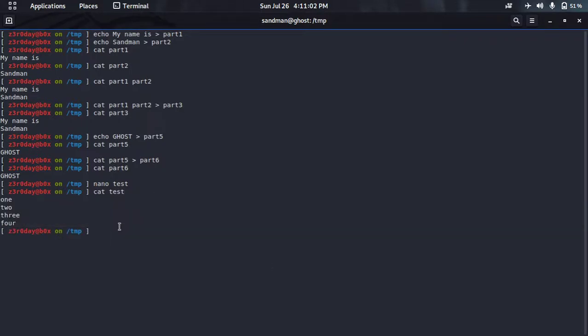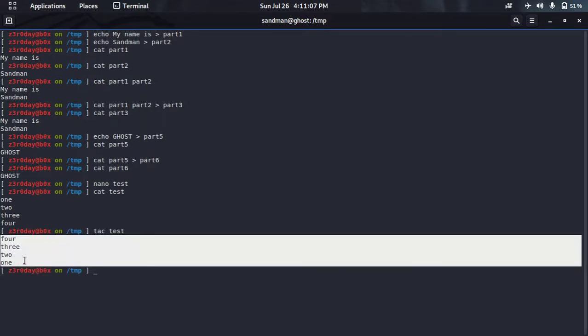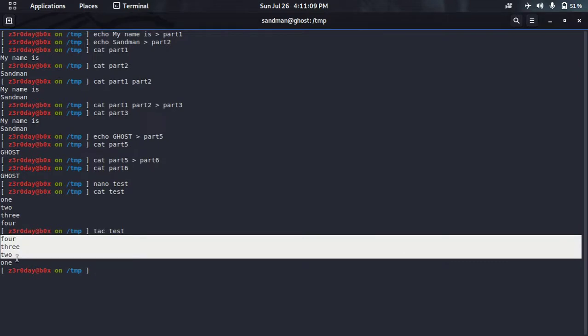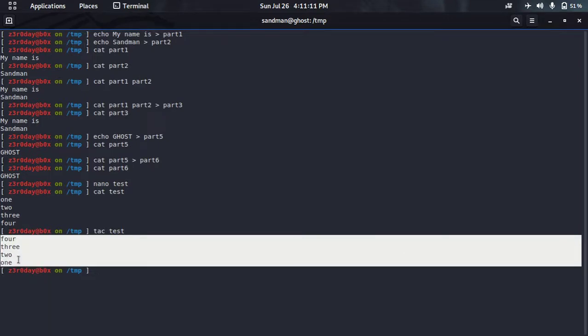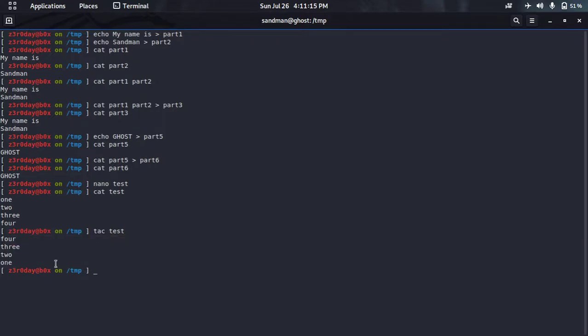Now look at the output of tac. Can you see? The output is coming from the backward. It is not from left to right, but from bottom to top. Cat brings output from top to bottom and tac brings output from bottom to top. That's simple.